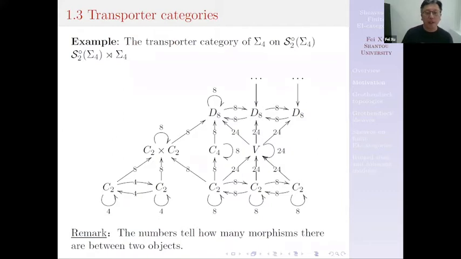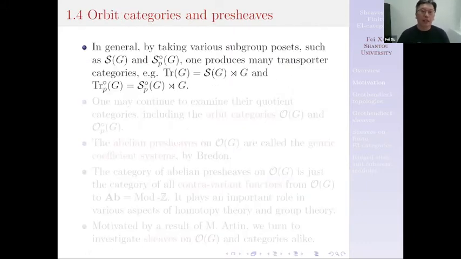And the numbers simply tell you how many morphisms there are between any two objects. So there are many transporter categories because there are many given groups. We can study many G-posets. For instance, I write SG for the poset of all